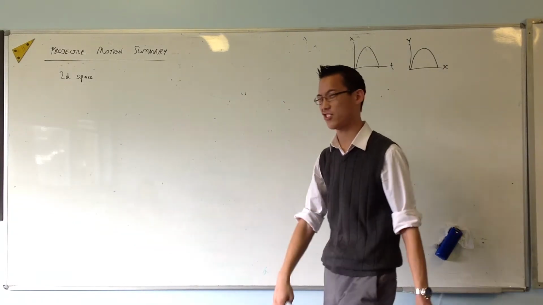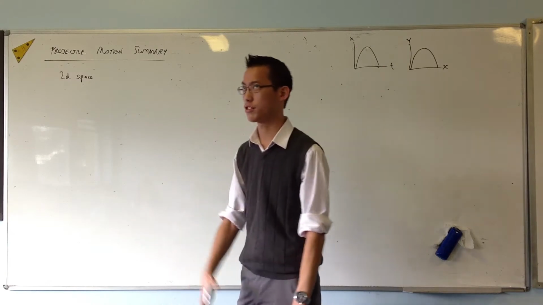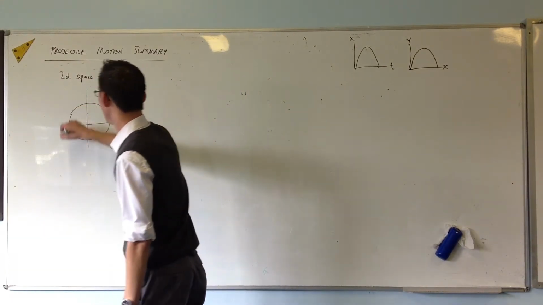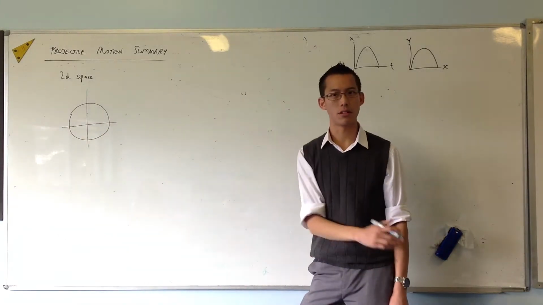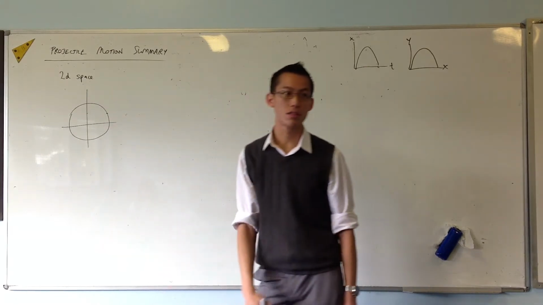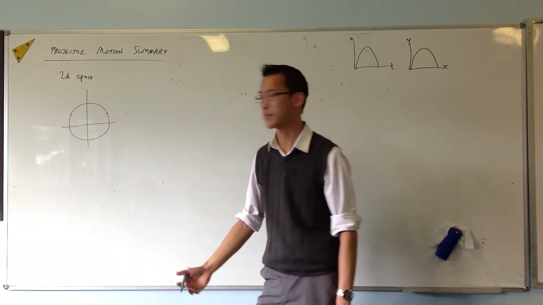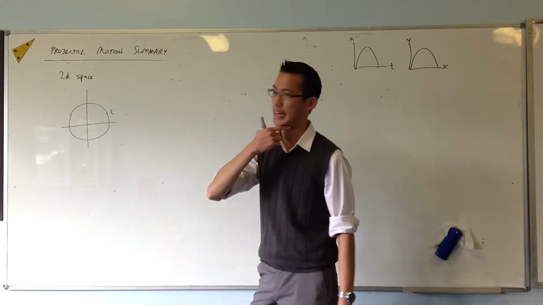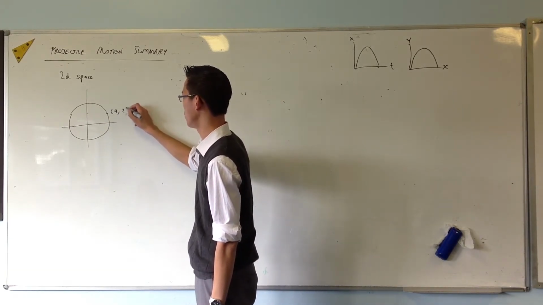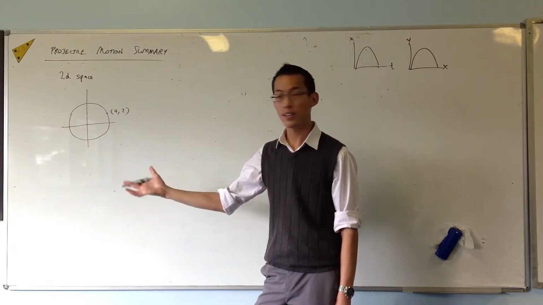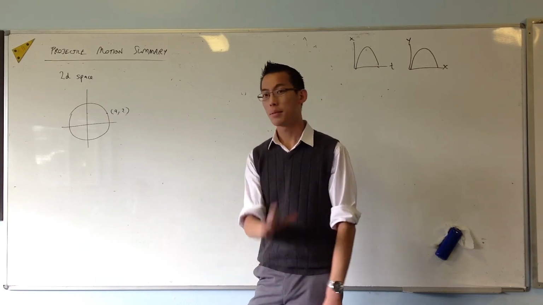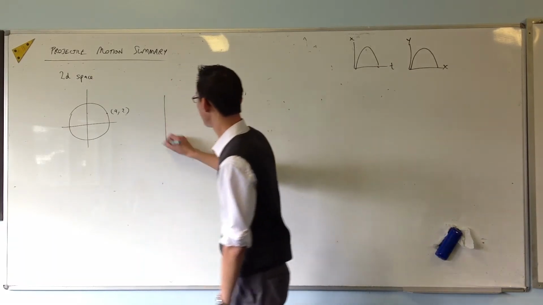So I want you to think back to the unit circle. Actually, not the unit circle, just a circle. Because when you're describing a point on the circle, you can describe it in two ways. The obvious way for you guys is to use Cartesian coordinates, X's and Y's. So for instance, you might call that, say, 4, 2 or something like that. So that gives you horizontal and vertical definition for where it is. But that's not the only way. You can also